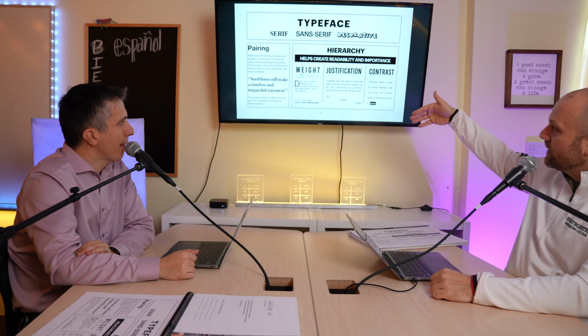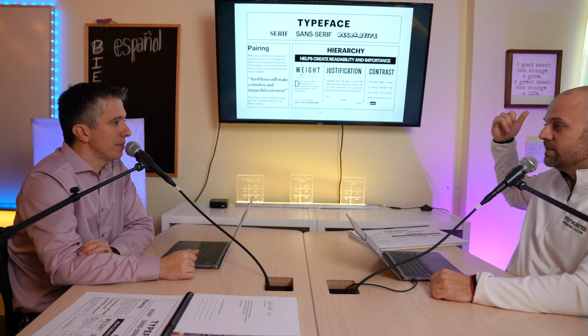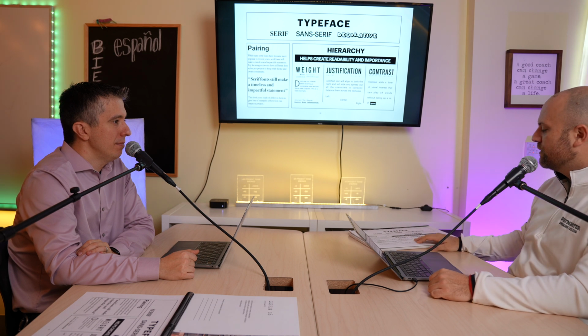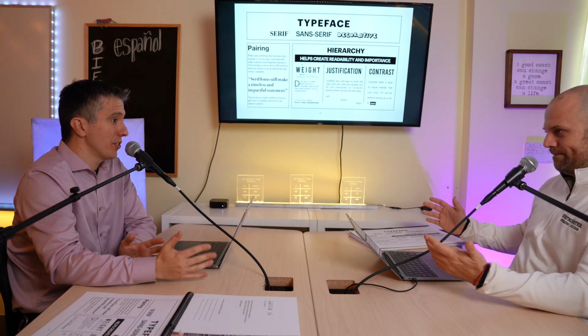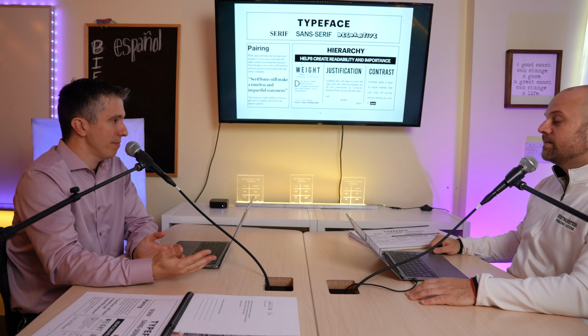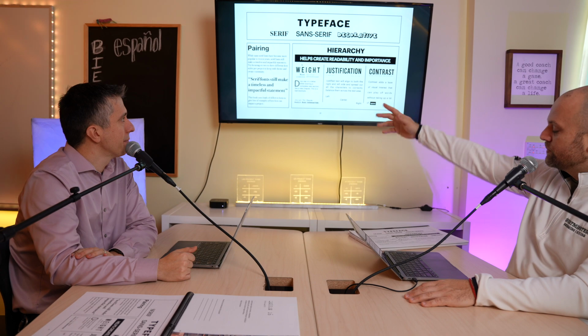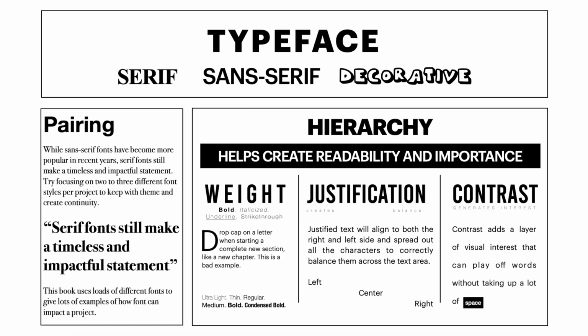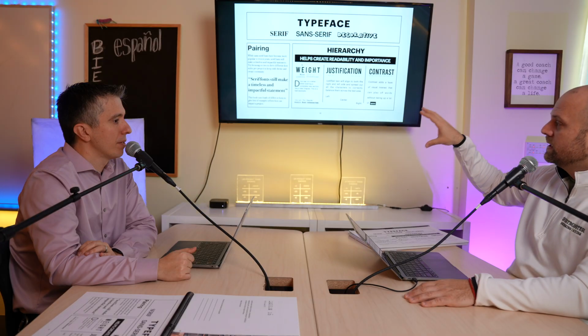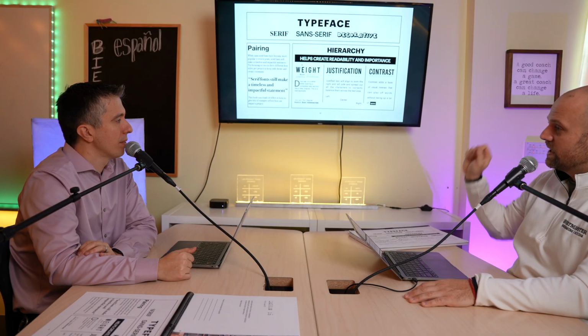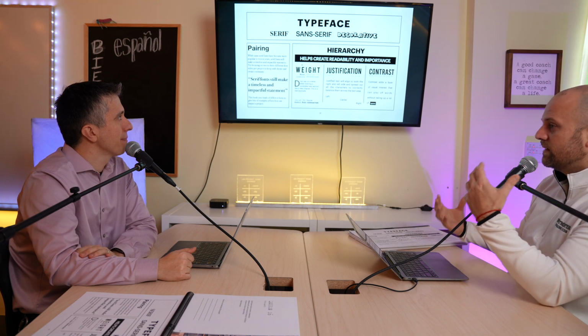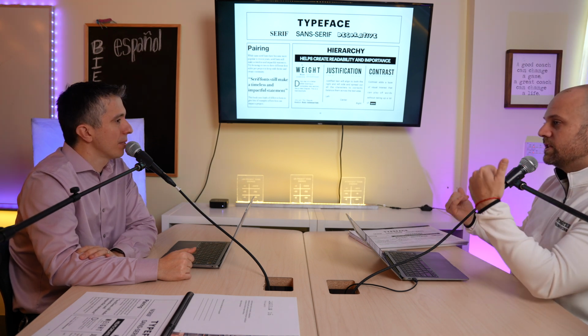When we talk about pairing, that is where you go between the different font styles of a serif versus a sans serif. Oh, so it's like little families of certain types of typeface that relate to each other. Absolutely. So, like in this one on the left-hand side, you can see that the body is typed with a serif, and then the little pop-out quote also has a serif, but the title is a sans serif. So if you look at that, it does help balance each other out